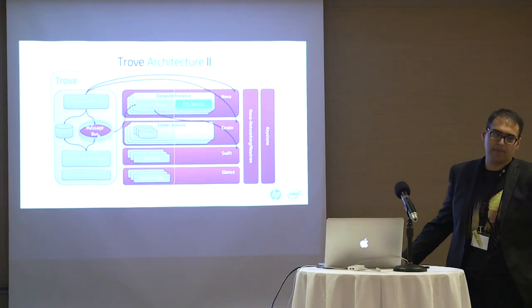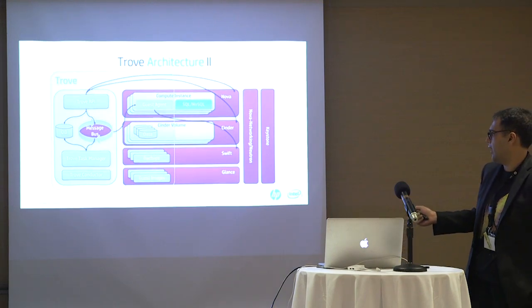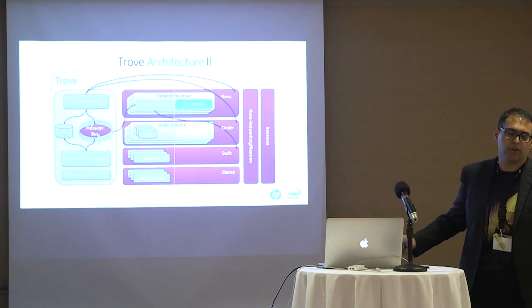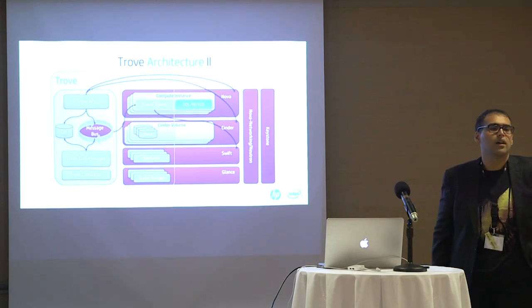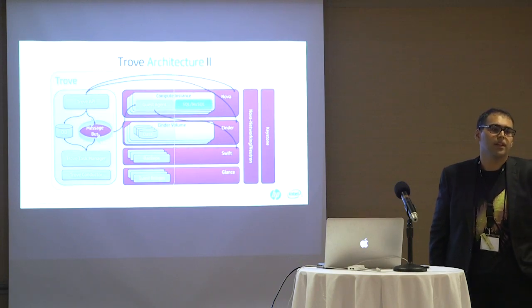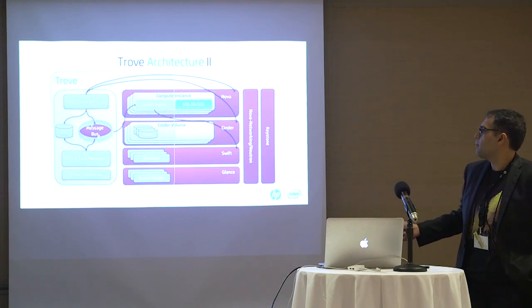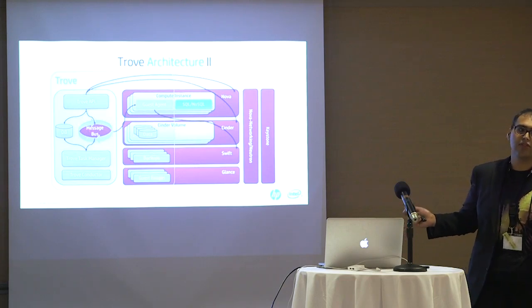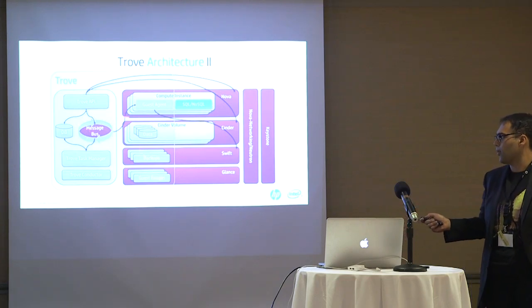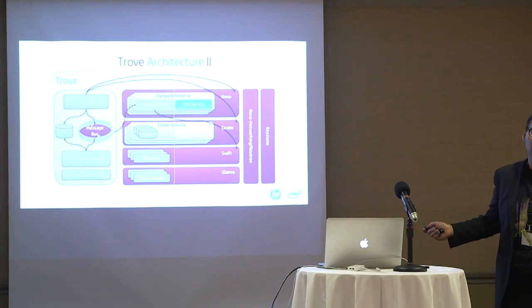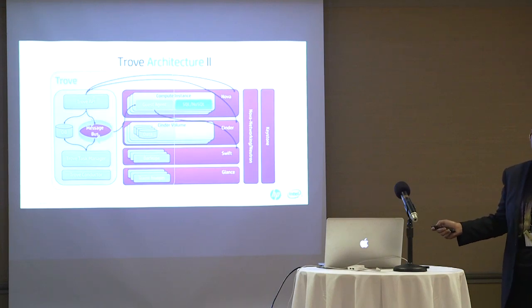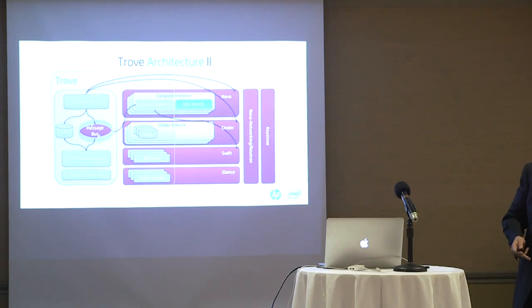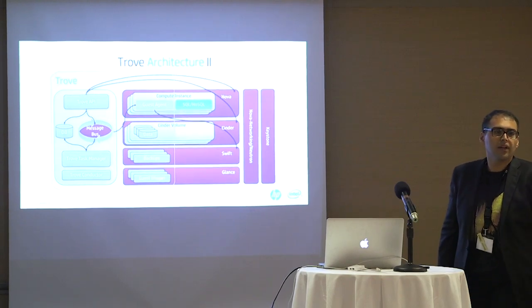Trove is dependent on a message bus. Usually there's an AMQP service like RabbitMQ. So usually the way Trove is deployed is folks deploy a different message bus for Trove so that you don't share the same one as Nova. Because usually Trove is deployed as an application in the cloud and not under cloud, and there are security implications of sending messages from inside the cloud to under the cloud.